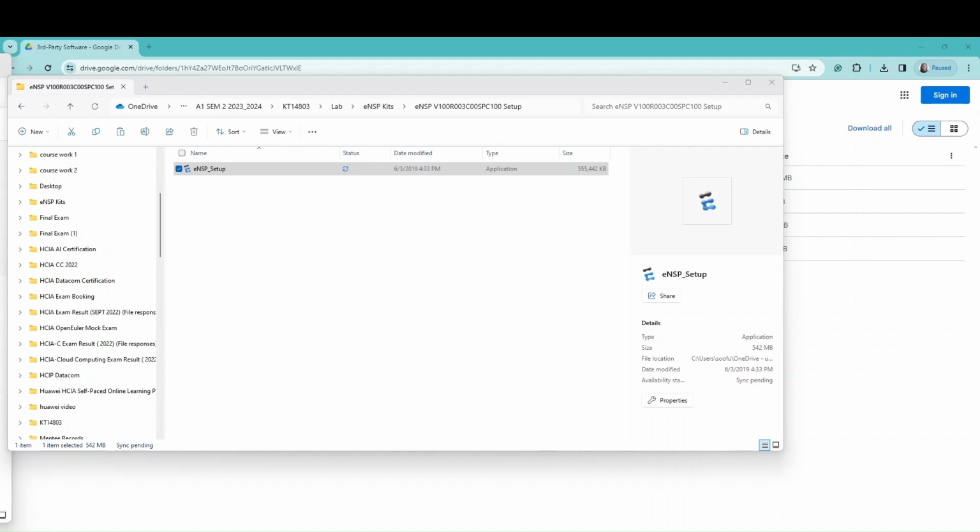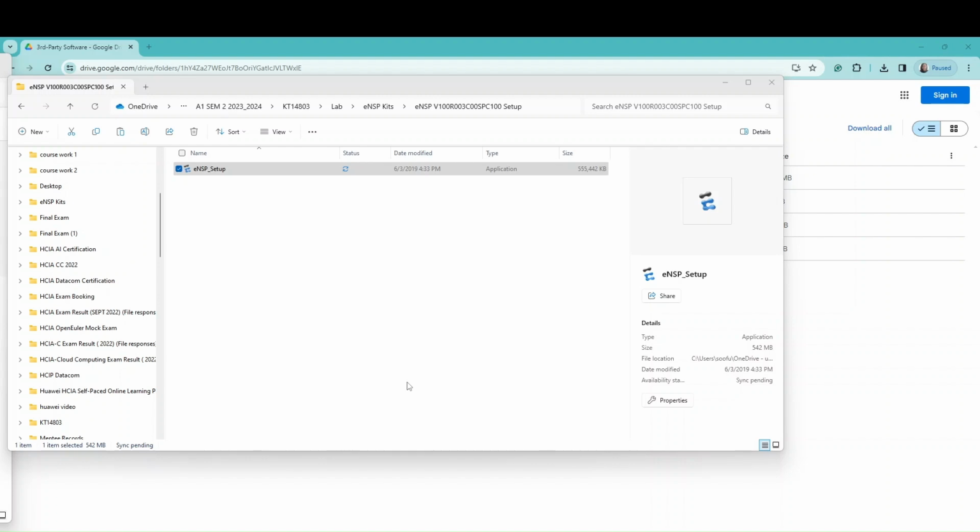They will ask you, so just click yes. Make sure your version is version 1.3.100 on here. Then you click next. I accept the agreement. So you click next. This one, you can follow the default folder to install your